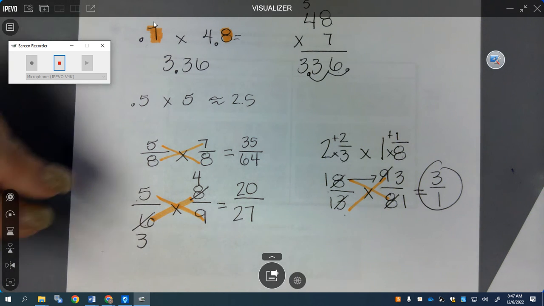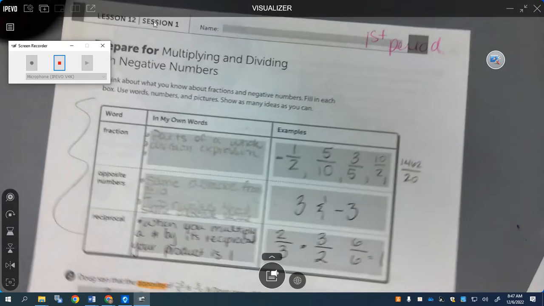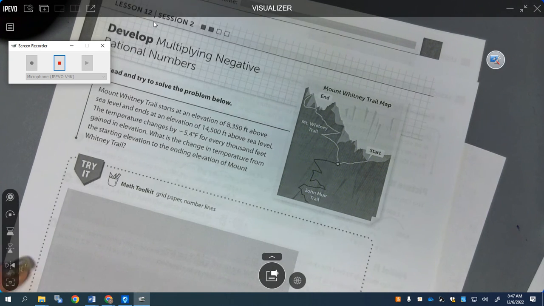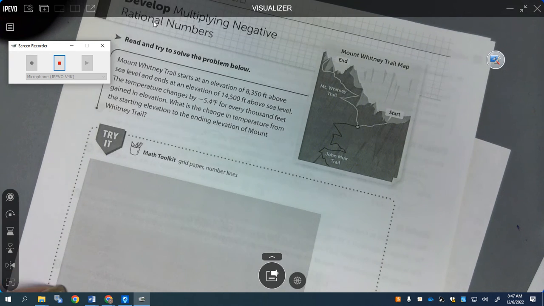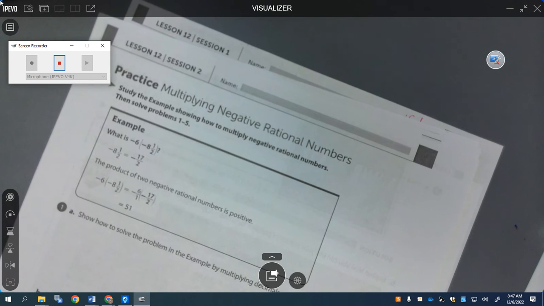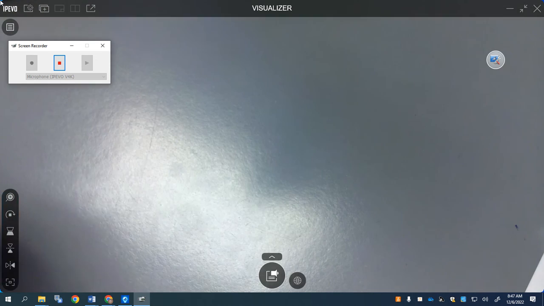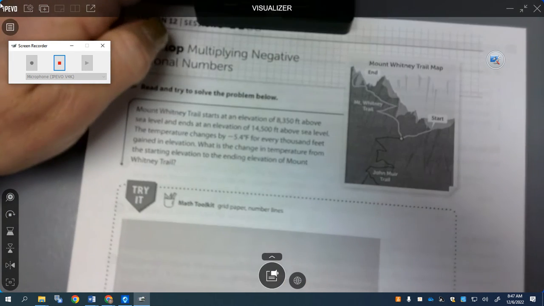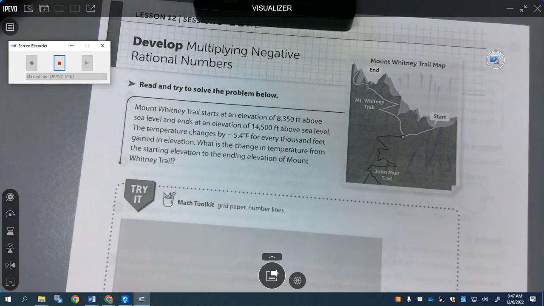All right, so let's jump back into the book. Okay, in your math book, turn to page... Ay, caramba. Sorry, I just want to make sure. Page 237, please. 237. All right, so here we go. On page 237,